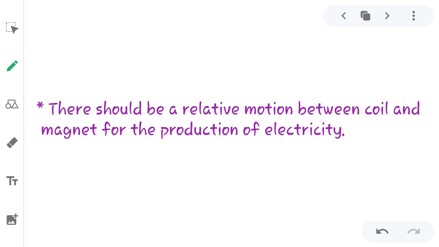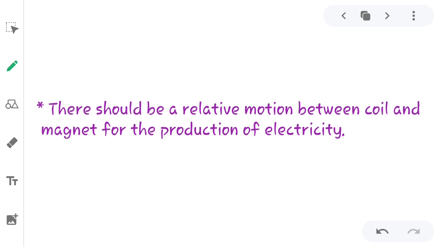Just imagine that in a magnetic field, the field lines are there, which are also called flux. So when we move a conductor in that field, those field lines get cut. Or in other words, we are cutting the flux, and as we cut the flux, current is induced in the conductor, and that becomes the reason for production of current. So it is very necessary to cut the flux. How will you cut the flux? You will cut the flux only when you move the conductor or move the magnet.